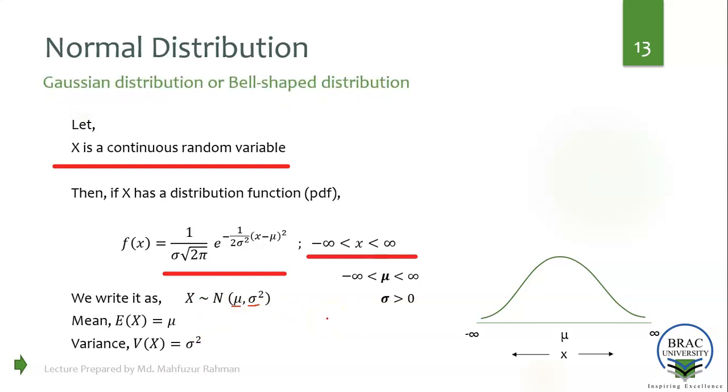This normal distribution is also called Gaussian distribution or bell-shaped distribution. Bell-shaped because of this bell-shaped curve, and this is its mu, and that's the range it covers, both the random variable x and the